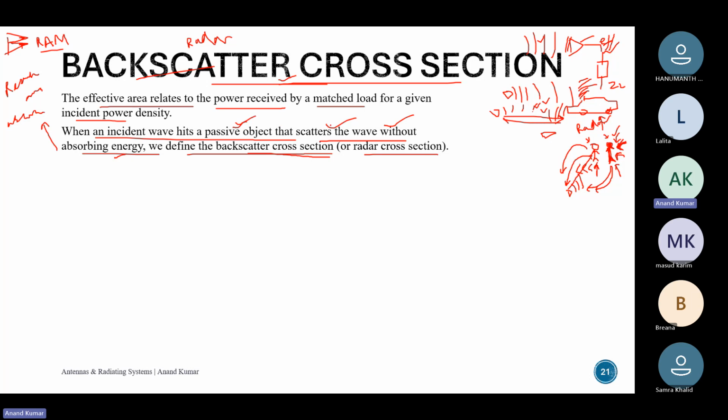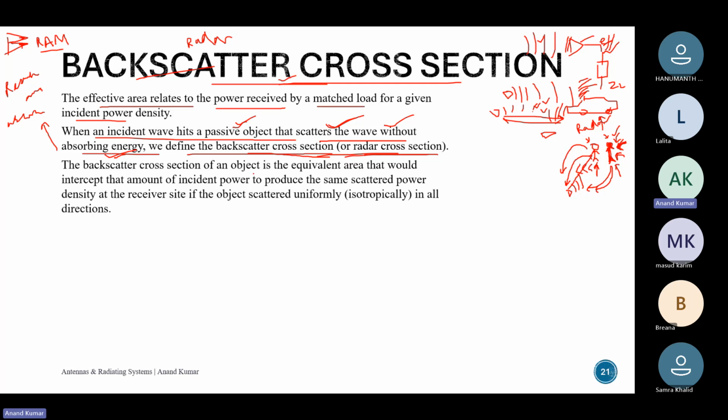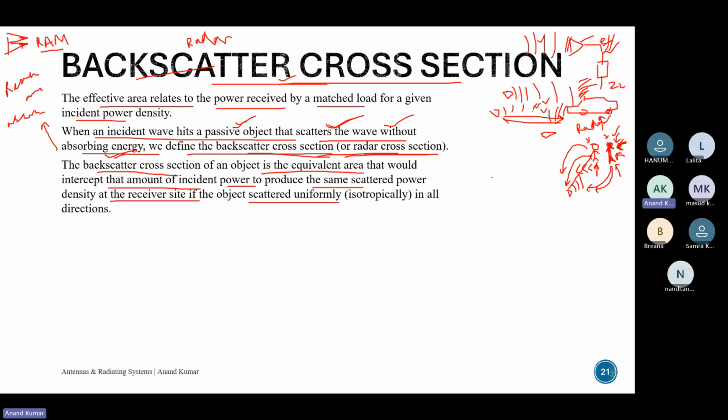So a passive object which scatters the wave without absorbing energy. For that we have this term called radar cross section. The backscatter cross section of an object is the equivalent area that would intercept the amount of the incident power to produce the same scattered power density at the receiver side if the object scattered isotropically. So, a very long statement. This is trying to say that this radar cross section is a value which defines the